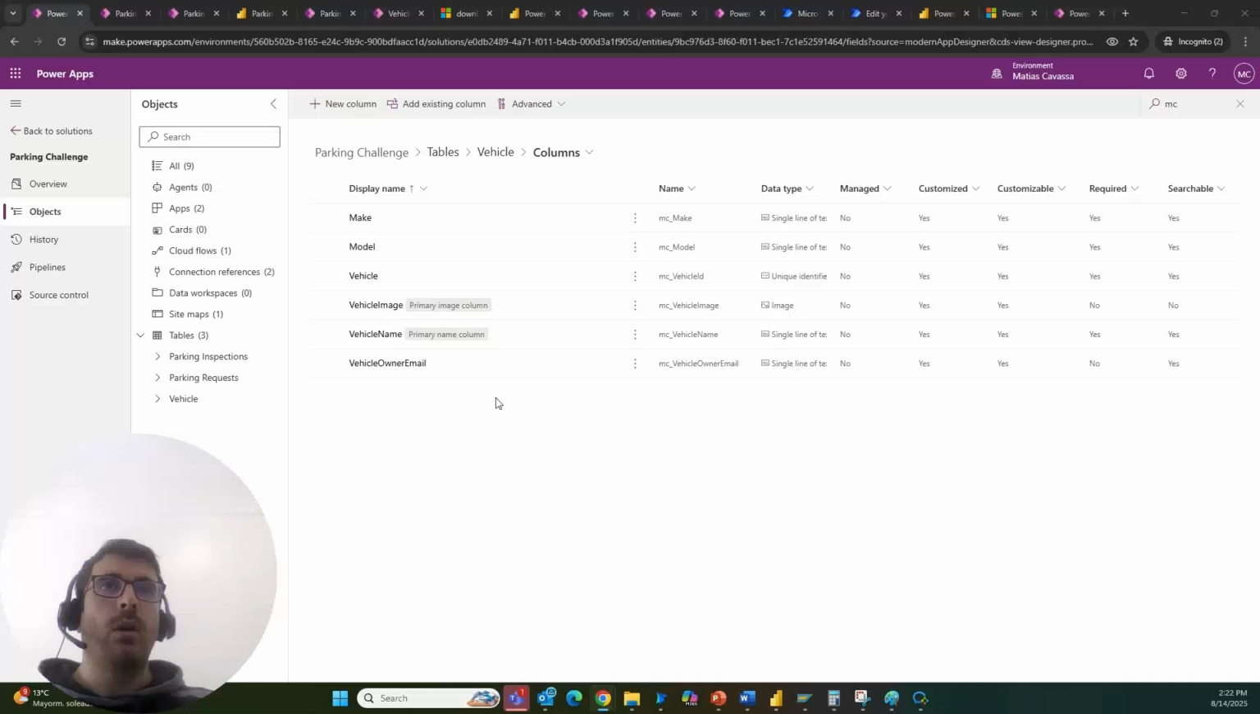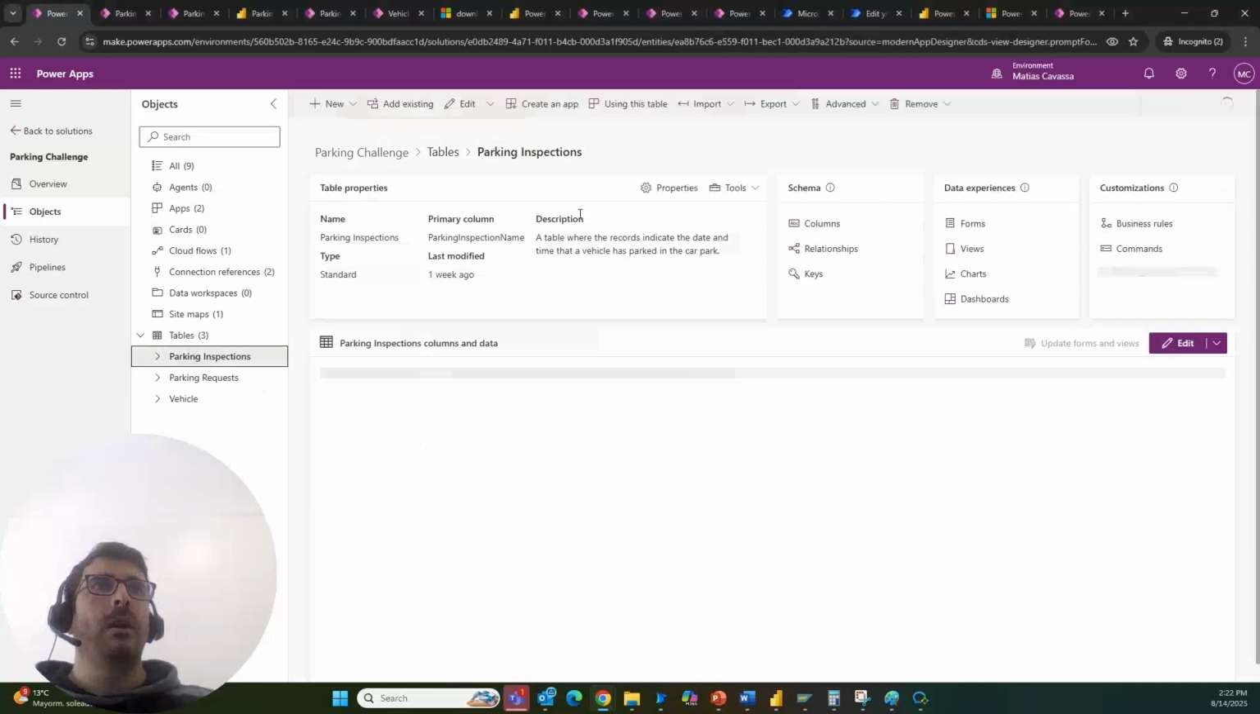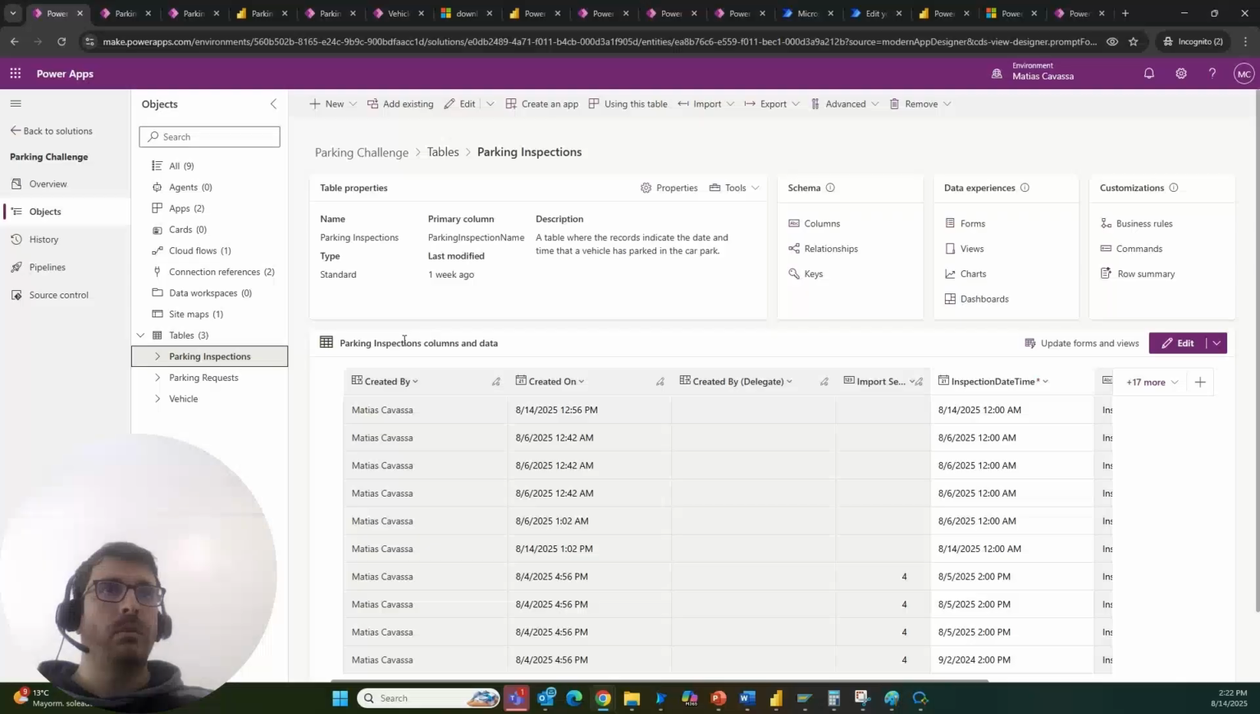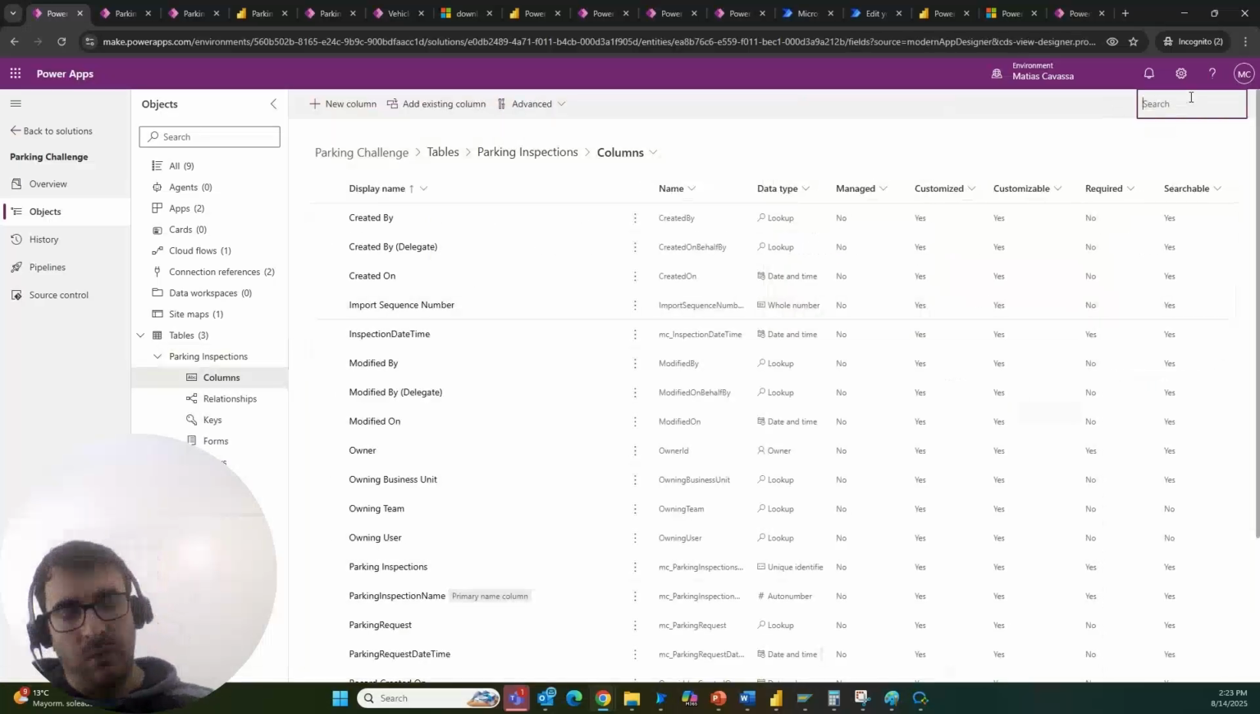I'm going to start the walkthrough with the tables. In this case, we have, as I mentioned, three tables. The first one is the parking inspection table. We can see here the table properties, the schema, and some data about the columns. And here we can see we have both imported data coming from a CSV file, and also data that has been populated using either the Canvas or the model-driven app. So looking into the columns, and by typing my initials in the search box,